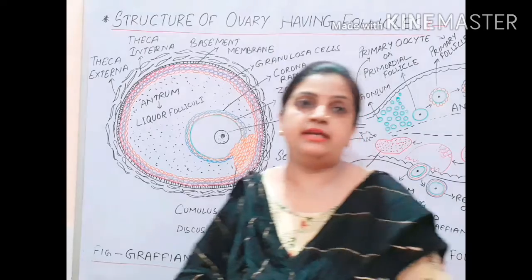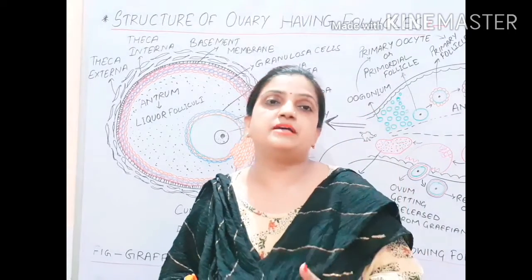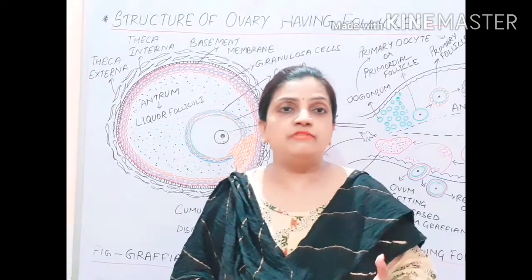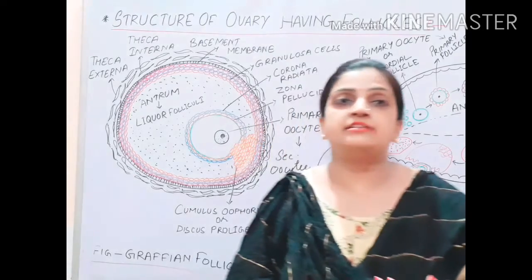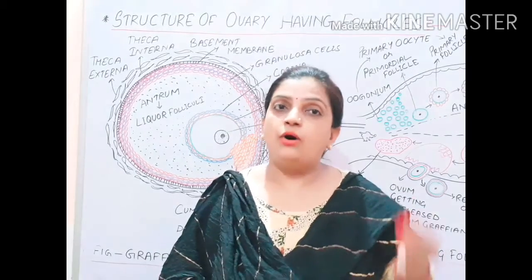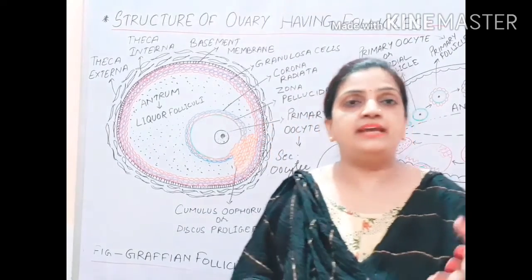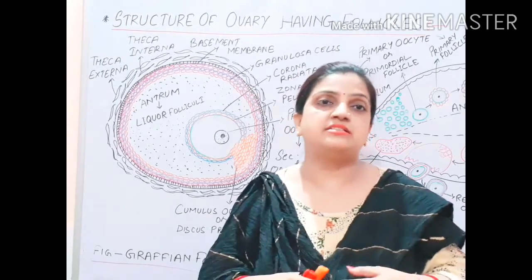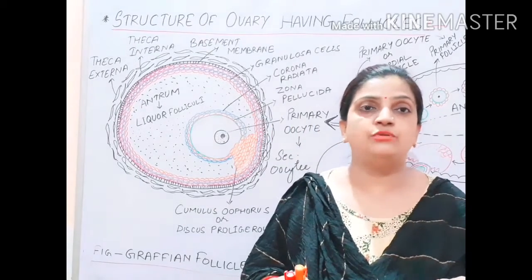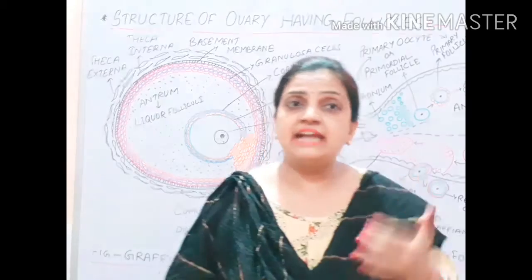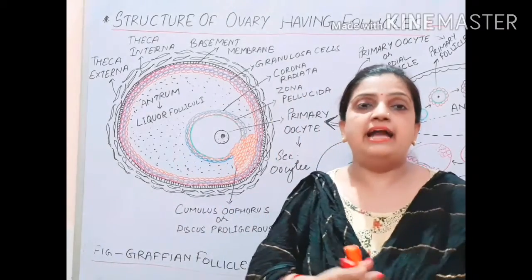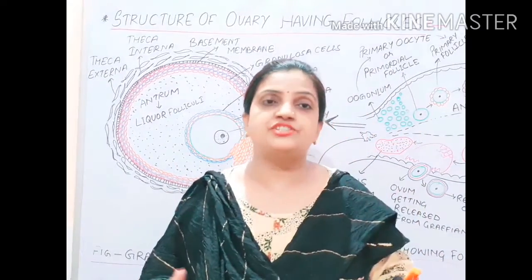Let me repeat the line diagram again so that you can learn the steps again one by one very nicely. During the oogenesis process, always in the beginning, your primary oocyte is formed from the oogonium cell, the egg mother cell. This primary oocyte or primordial follicle gets enclosed by the granulosa cells to form primary follicle. This primary follicle is enclosed by another second layer of granulosa to form secondary follicle. The secondary follicle again develops into tertiary follicle, forming the antrum there, and slowly it gets into mature condition,